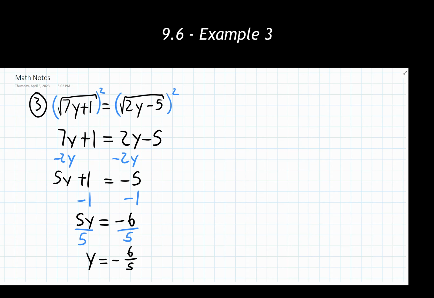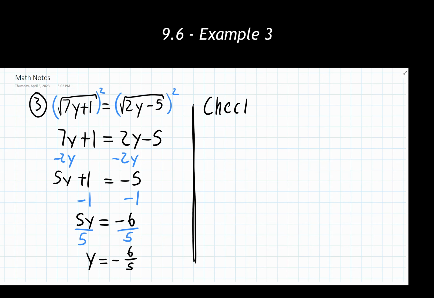There's nothing wrong with having a fraction answer. We see it show up fairly regularly. It can also be a negative. There's nothing wrong with that. But we're going to go through and check both sides of this equation to see what we get and see if we can get an actual answer for this.